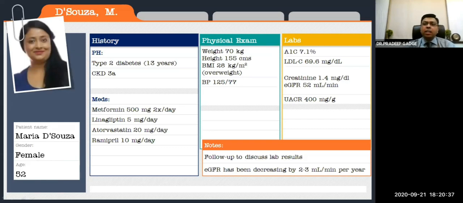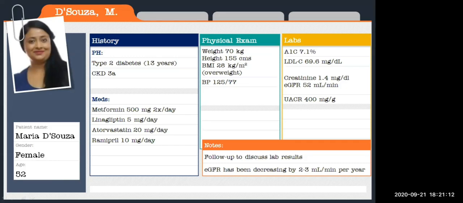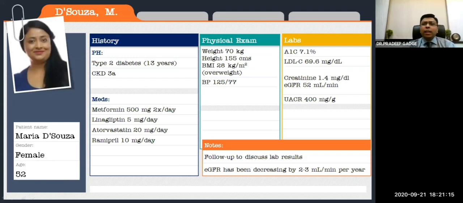Ask the patient if she has history of pedal edema in the past or intermittent pedal edema. Usually you will get a history from a CKD patient that whenever I have a painkiller, I get swelling, or whenever I happen to have a lot of pickles, papad in my diet, say on a Sunday or when we go out to a hotel, that is the time when I actually see pedal edema. These are the things which will pinpoint that the patient must be having probable CKD, or the CKD is in a stage where there must be significant issues. Now, luckily, this patient already has come to you with reports, so you need not go into those details.